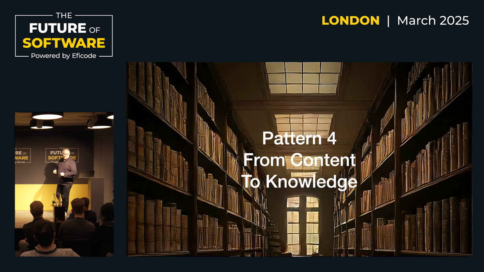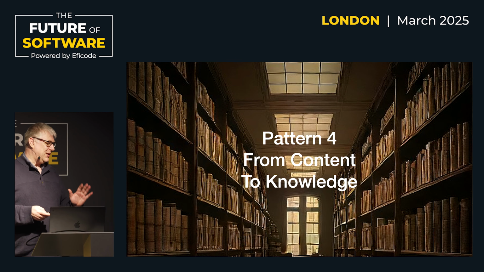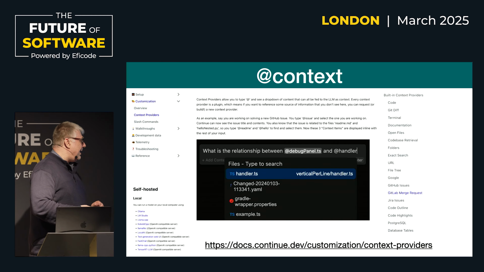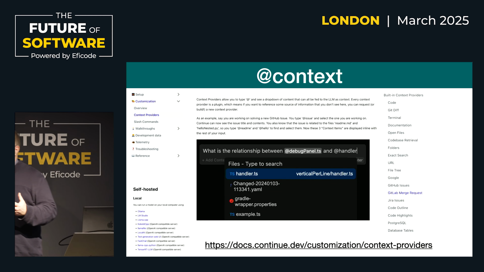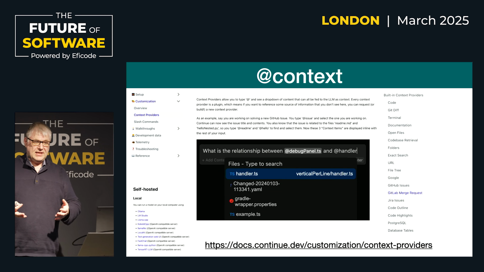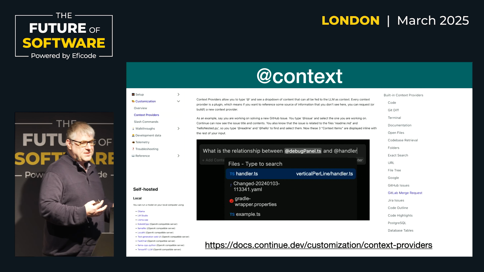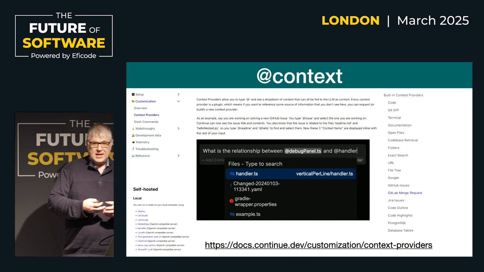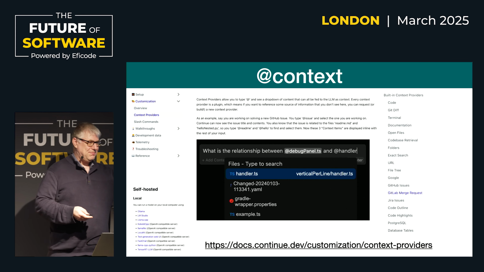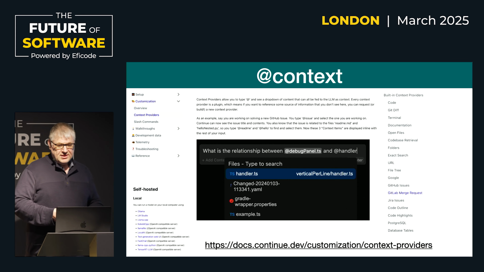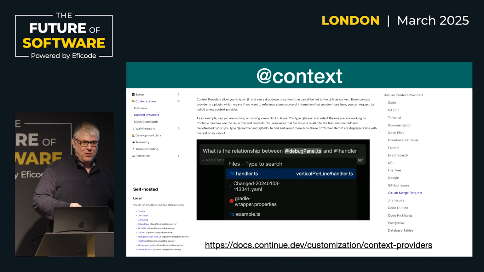The last one, going from content to knowledge. And content is quite a liberal term, and naming the patterns has been hard, so bear with me in this. But you've already seen that the more content we have, the more we can feed it into the context of those systems, and the better the answers become. If you have bad content, that's been challenging because it just repeats your errors. So knowing what good looks like is important.